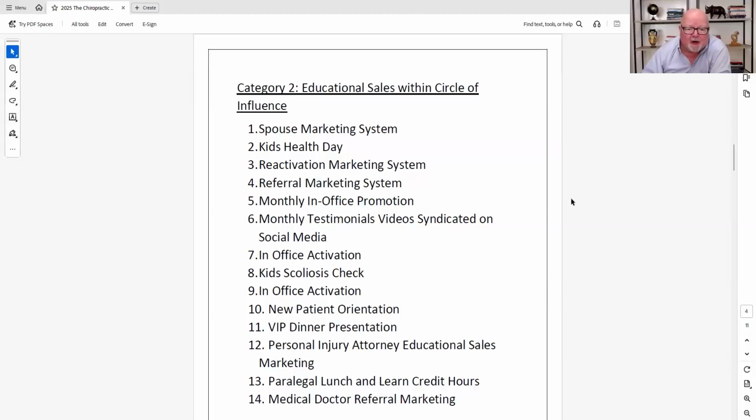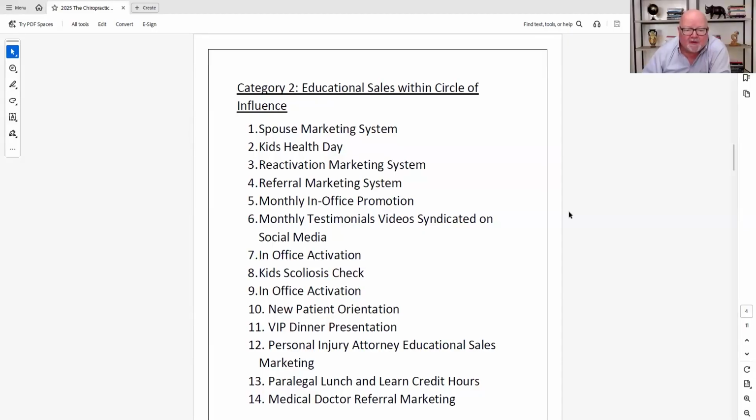Okay, so that's the referral marketing system. That takes skill. You want to know how to do referrals. That's educational sales. So it doesn't cost money, but it takes skill. And you have to have some type of confrontation. You definitely have to have conviction. If you don't have those, hand them a damn flyer. Do advertising.